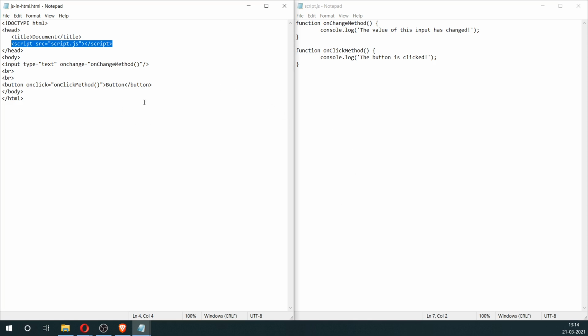So in this video, I'm going to just expand on what we saw in the previous video and just provide additional examples of how to include JavaScript inside the HTML file. Now we have a couple of methods here, and each method is tied to a certain event associated with a HTML element. Now let's add more events to the same HTML element.